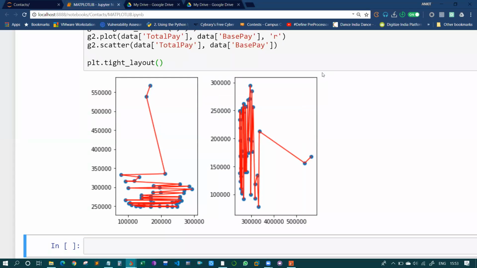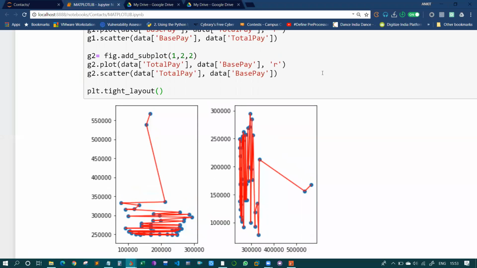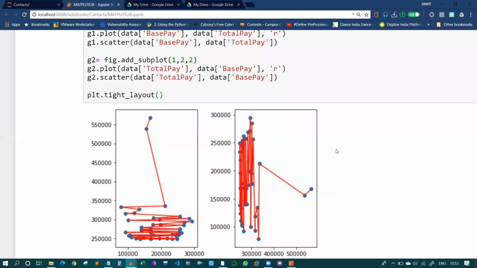Now it's looking quite better. Previously it was so overlapping we couldn't understand, and now it is much more clear. Now the boss will not scold.